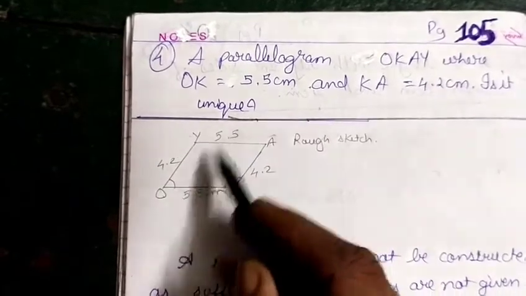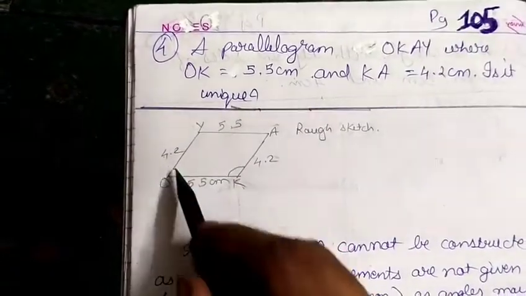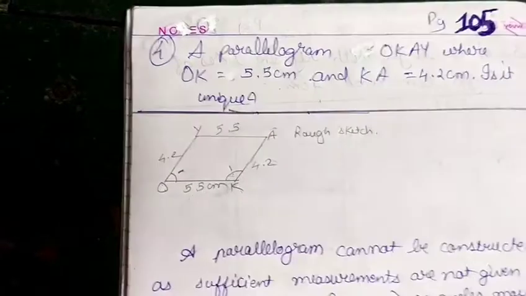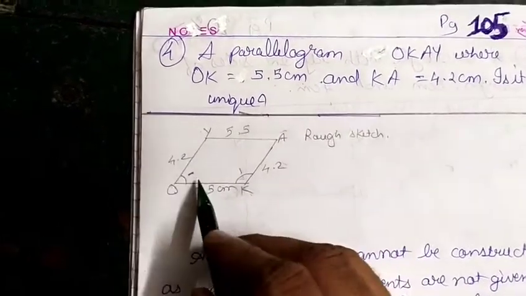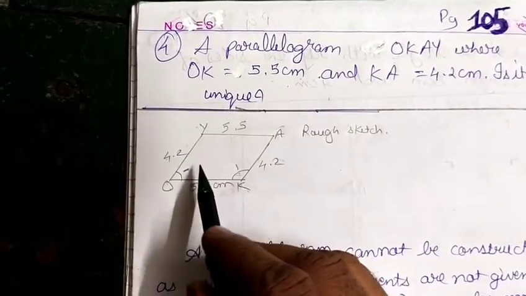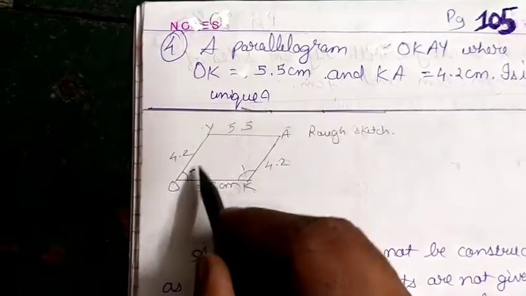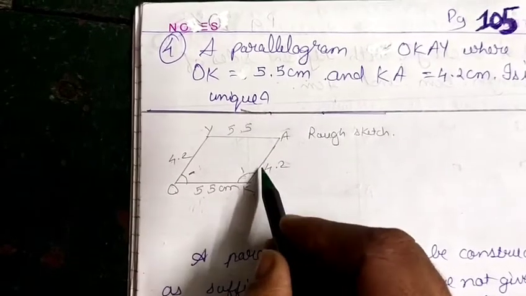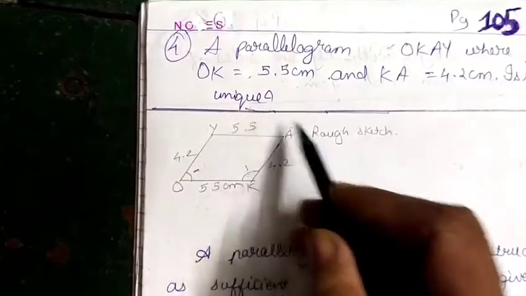As we all know, in a parallelogram opposite sides are congruent. But dear student, here angles are not given. The measure of an adjacent angle is not given. So it is not possible to construct the parallelogram. For that the value of an angle should be there. Suppose, for example, if it is 60 degree, the adjacent one should be 120 degree. Then only we can construct the parallelogram. Otherwise it is not unique for all parallelograms.